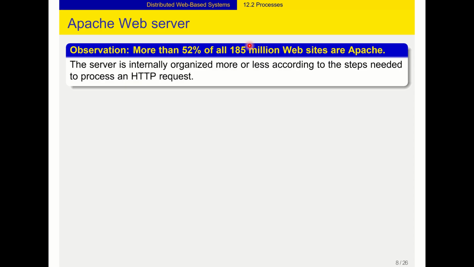LAMP: Linux, Apache, MySQL, and PHP. So in 2010 to 2015, WordPress and Apache LAMP were linked together. But now the decline is not because people are stopping using WordPress, but because the way